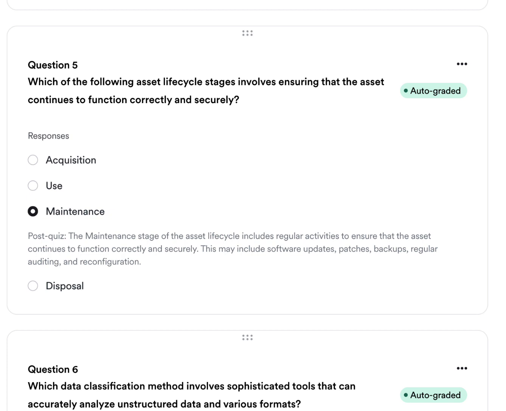Which of the following asset lifecycle stages involves ensuring that the assets continue to function correctly and securely? A, acquisition. B, use. C, maintenance. Or D, disposal. And the answer is C, maintenance. The maintenance stage of the asset lifecycle includes regular activities to ensure that the asset continues to function correctly